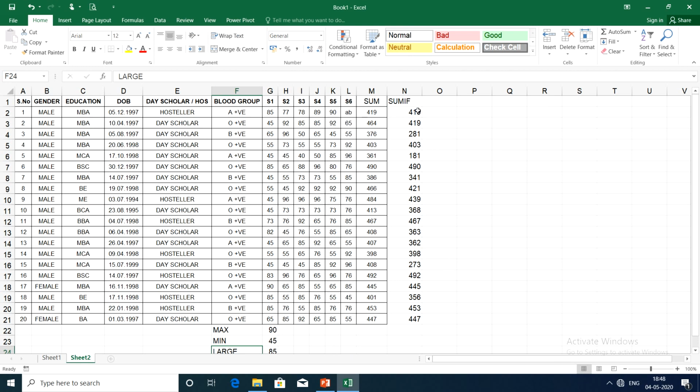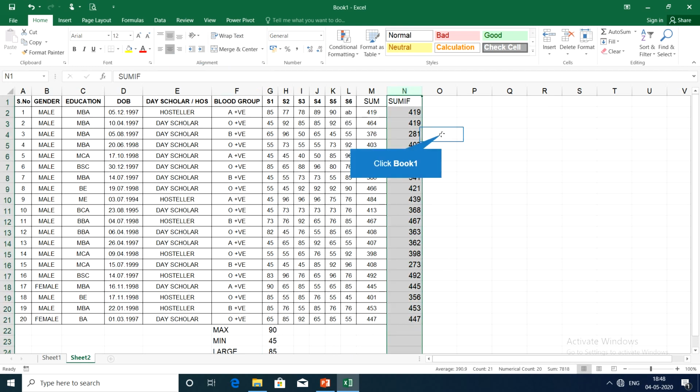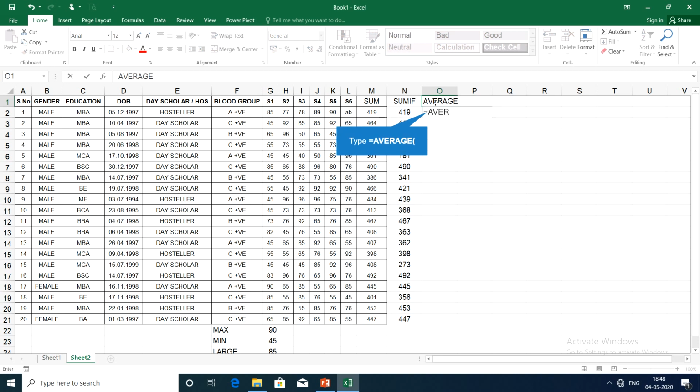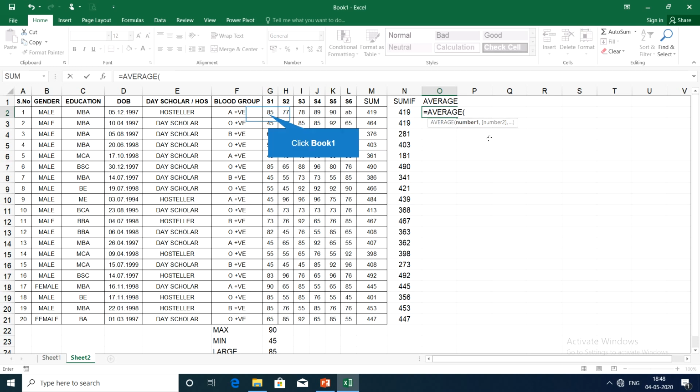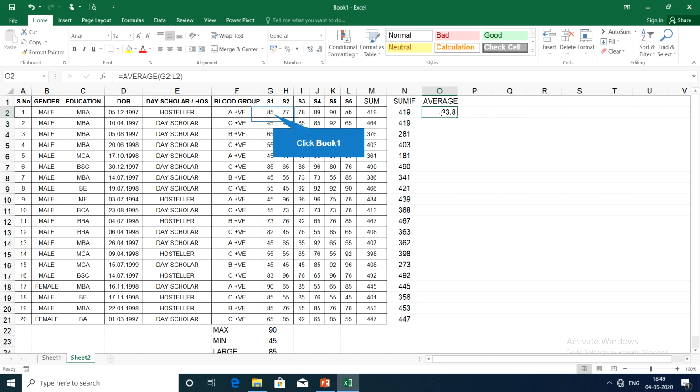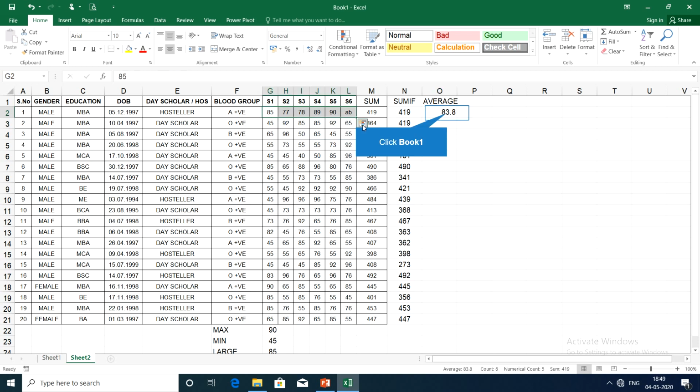So this is the total mark of the student. Now we are going to identify the average mark scored by the students. To do that, equal to AVERAGE, here we need to type it in full, average, starting number to ending number, selecting all 6 subjects' numbers and closing the bracket. This way I can identify the average of all these 6 numbers. The average of all the 6 numbers is 83.8. I can copy this to other cells also.